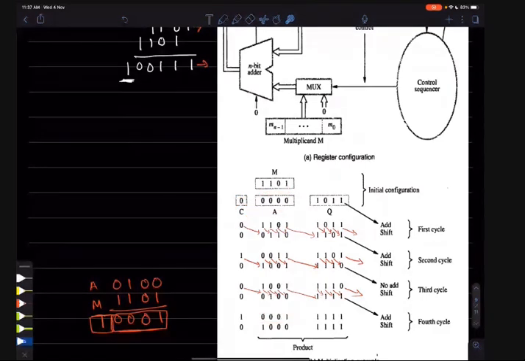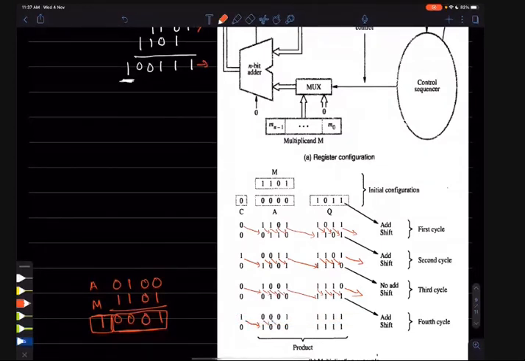Okay, done. And this will be the same as the previous, because this will not be used when we are doing addition. Addition will be only done by A and M. So this is the whole result after the addition operation. Then obviously the next step is the shift operation. Always there are two operations: either add operation and shift operation, or no add operation and shift operation, based on this initial bit. So after the add operation, this is the result. What will be the next step? The next step is the shift operation.